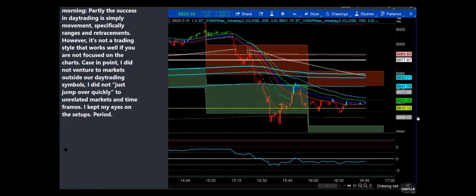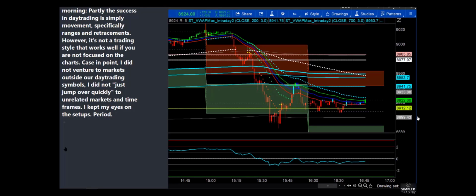I look at my morning process. I look at the way that I shared the process with the folks in the room. And partly the success for day trading is just simply whatever movement we get, the ranges, if they're wide enough, and then retracements within them. And I can't control that, right? I can monitor it. I can analyze whether I'd like to be short or long for the most part, but